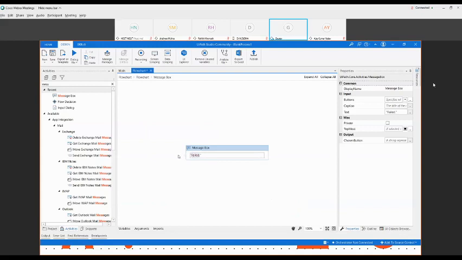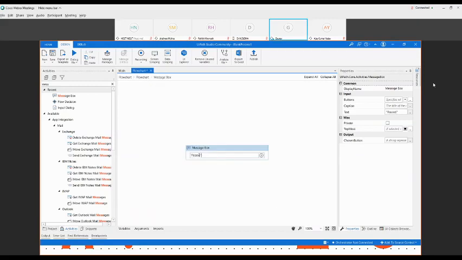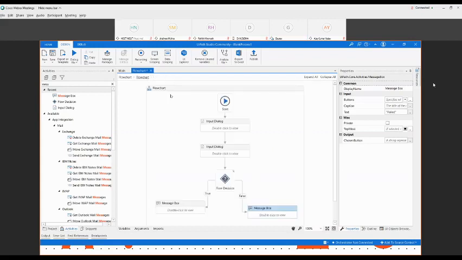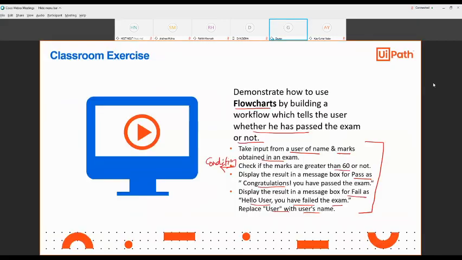You can say information passed, and for fail, the fail means the condition is false. Now I can just run it. Run file.